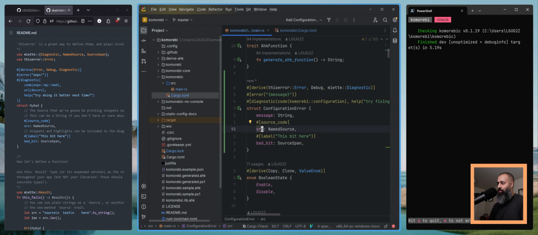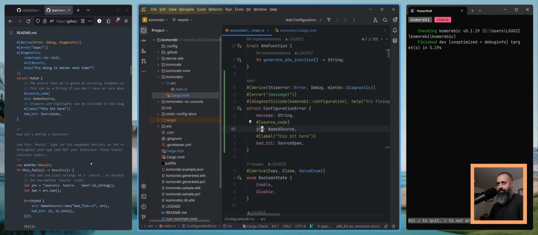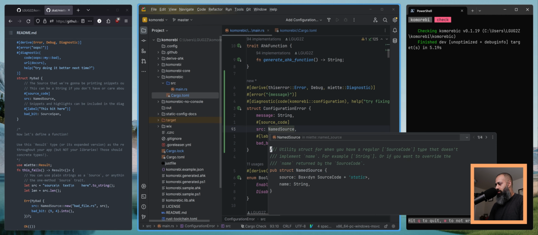I'm sure that source is something reserved in the proc macro. I don't even want to know. Alright, I'm happy with this being green. So, we have our configuration error. And so what is a named source? So this